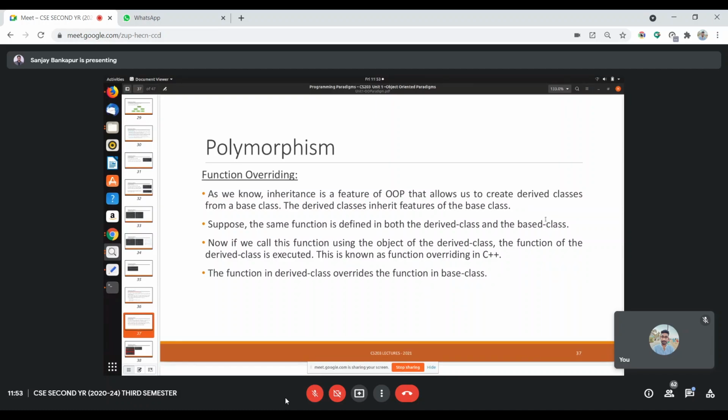If the separate logic is not implemented at the derived class Q, then it will refer to the base class P. If logic is written at the child class, definitely the child class method will be executed whenever Q dot XYZ is called. So this is called overriding.